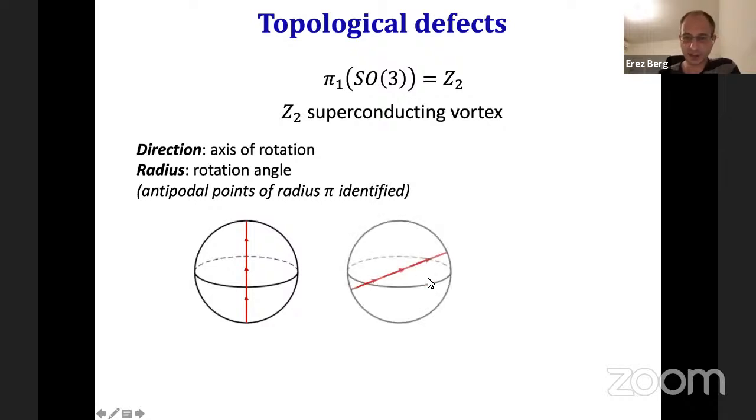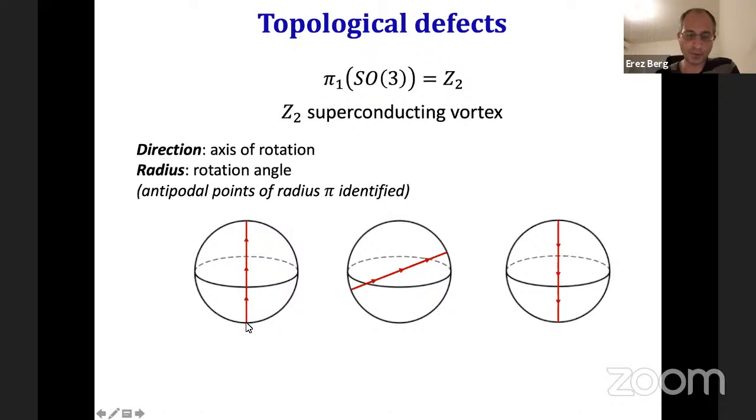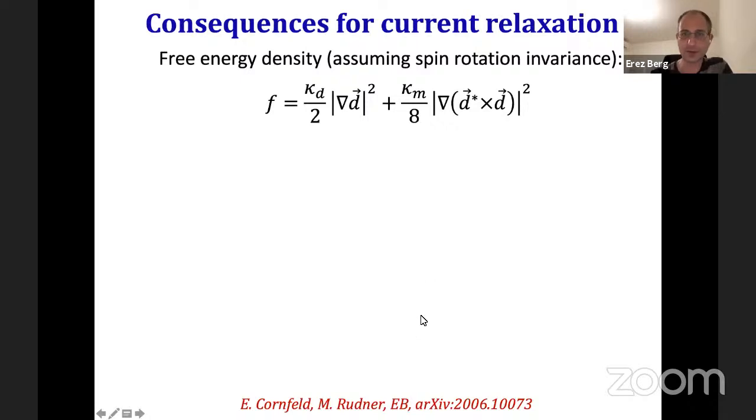But then you see that by deforming this path continuously, you can deform a path from the South Pole to the North Pole into a path that goes the other way. This is like continuously deforming a vortex to an anti-vortex in terms of the order parameter of the triplet superconductor. So that's an illustration of this fact. What we want to do is understand the physical consequences of this special structure of the order parameter space.